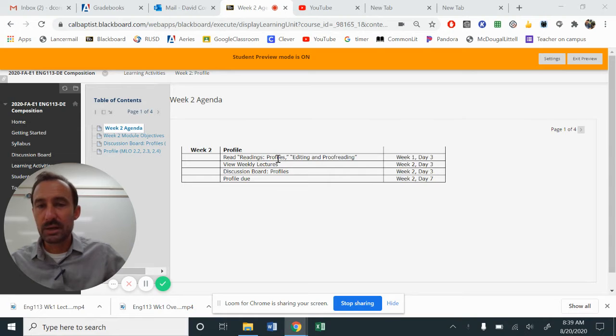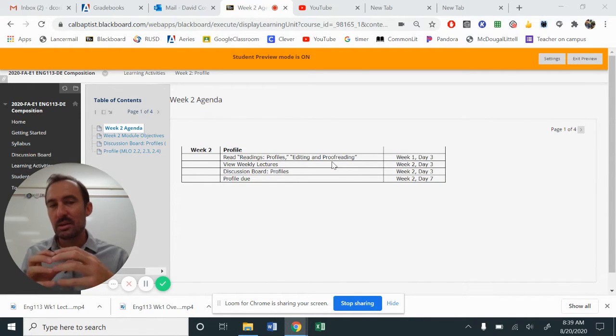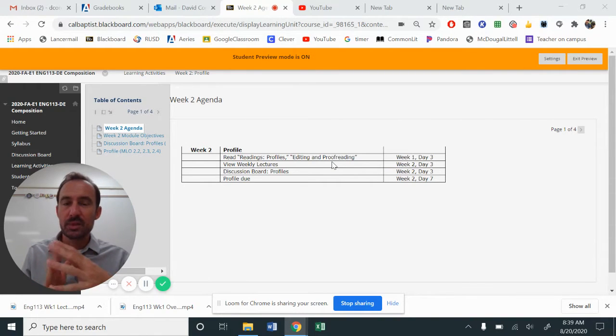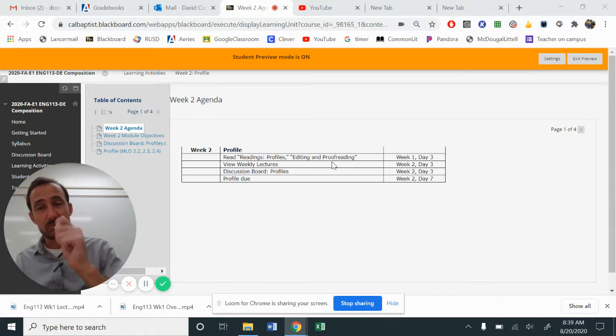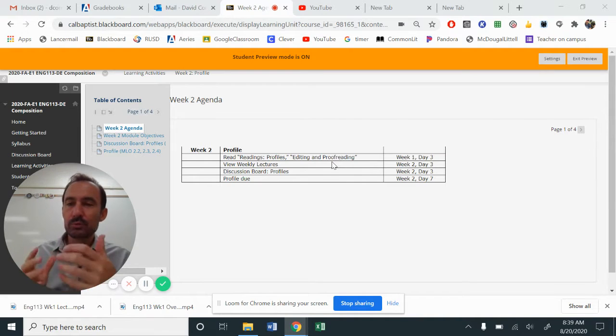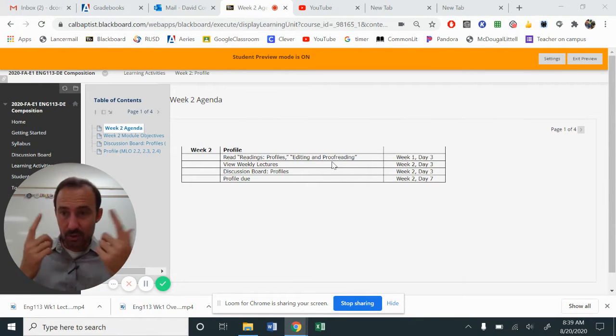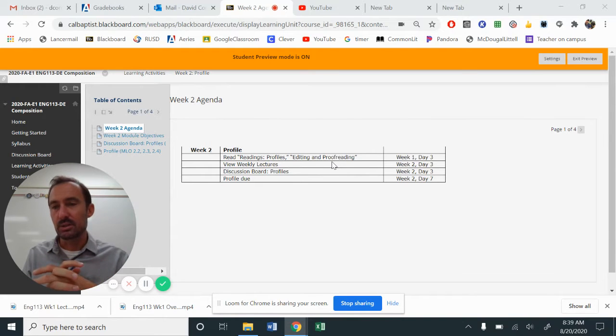You've got profile readings in our text, as well as editing and proofreading. Editing and proofreading is one of the most important parts of writing. It is where we are able to see our mistakes, go back and revise. Writing is where you sit down with pen and paper and just get your thoughts out of your head and compose. Proofreading and editing is where you go back and fine-tune. It's almost the idea that in our minds, the first part was practice, and now we are making sure that we are set and ready to go for the bigger details.